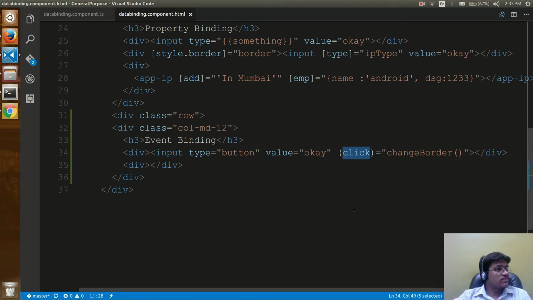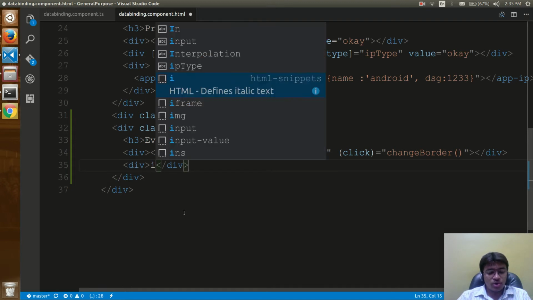Event binding, you are going to call it as what? Event binding, right? Now you can do many things, absolutely many things. Now what I'm going to do is, see, one more page division I would be writing, and there an input,